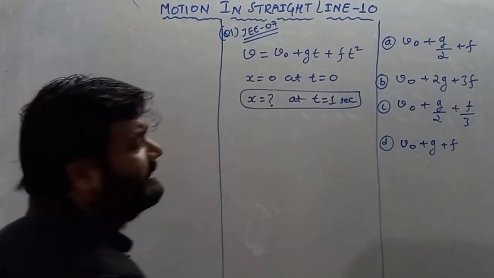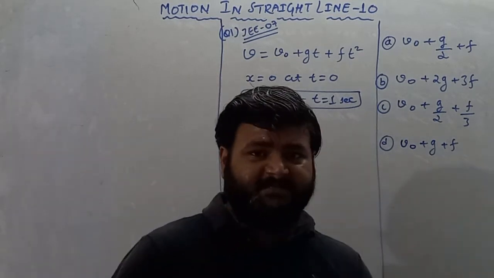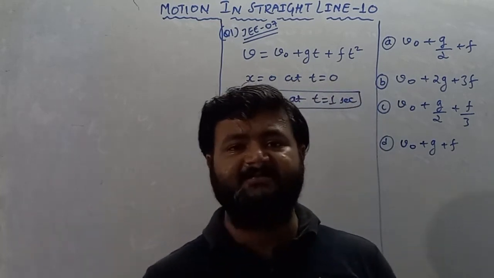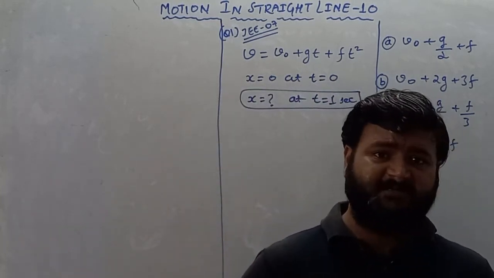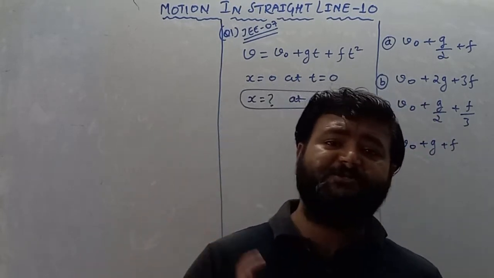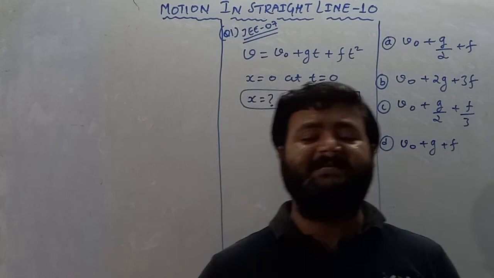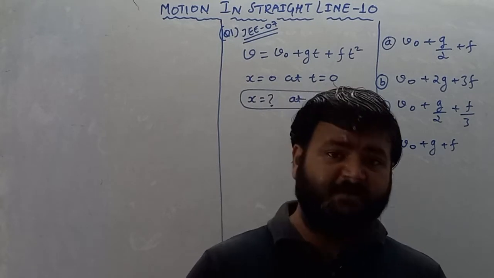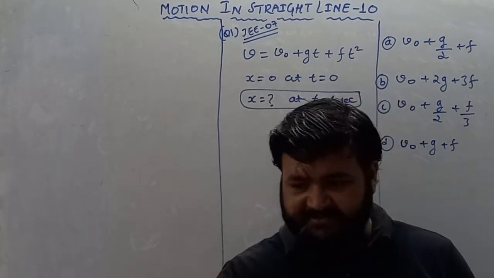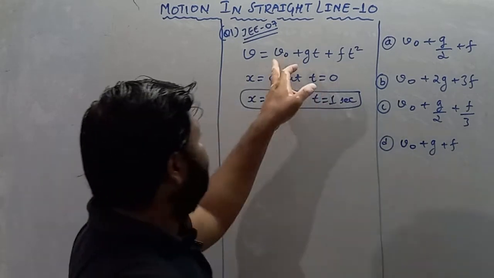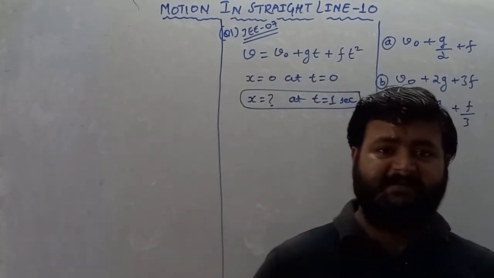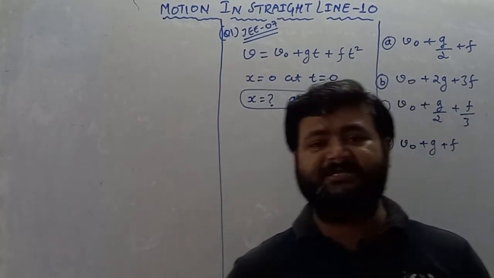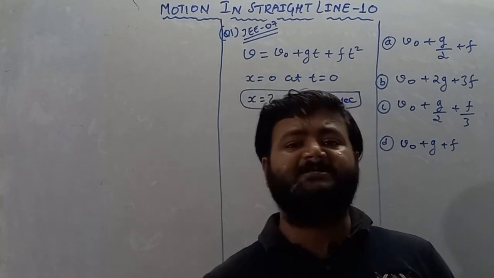Now my dear student, I already told you that there is a sequence. If displacement is given and you wish to find velocity, then you have to differentiate the displacement with respect to time. If velocity is given and you wish to find acceleration, then again, since change in velocity with respect to time gives acceleration, you differentiate the velocity with respect to time. But in reverse, if velocity is given and you wish to find displacement, then you have to integrate it. Forward must be differentiation, and backward must be integration.